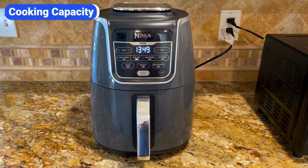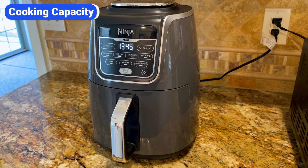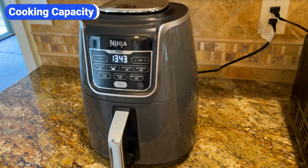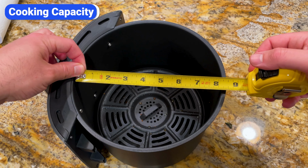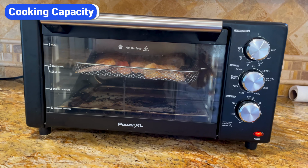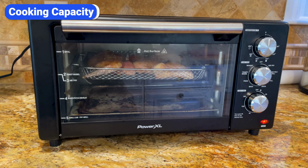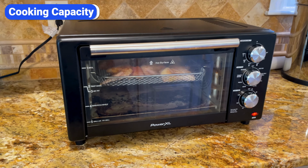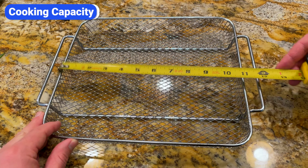On average, air fryers have between 2 and 6 quarts of capacity. This Ninja Air Fryer Max XL has a 5.5 quart capacity, and the basket has a diameter of 8 inches. Convection toaster ovens range from 5 to 30 quarts, but the average size is 18 quarts. This Power XL convection toaster oven has a 16 quart capacity, and the air fryer basket it comes with is